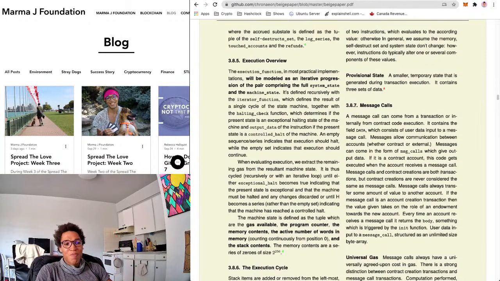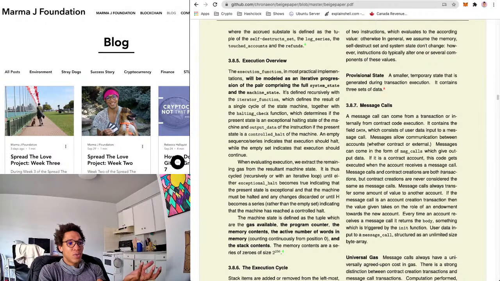What I take from that is that the state machine goes through its own process of execution, coming down to a controlled halt. And if it gets to any other halt, it just reverts, takes the gas, and doesn't let it go through. It's cycled until, yes, you keep cycling through the gas that is there, because if you have enough gas, you can execute through the functions.